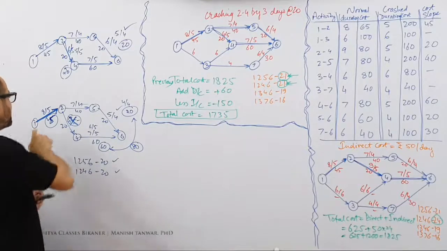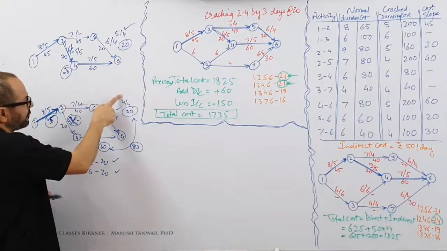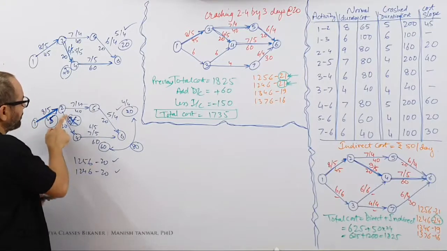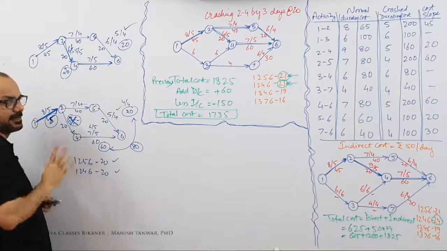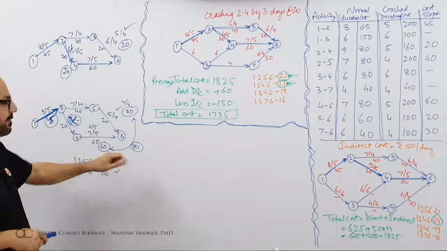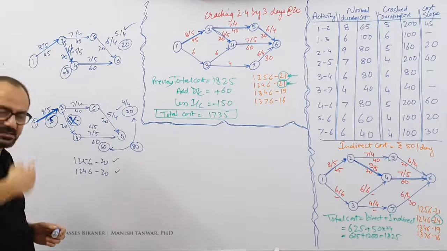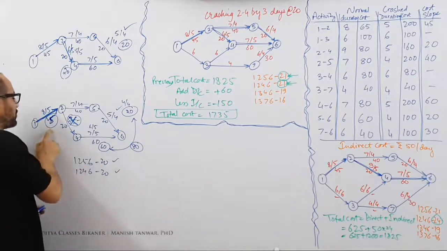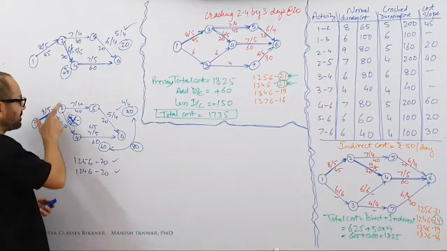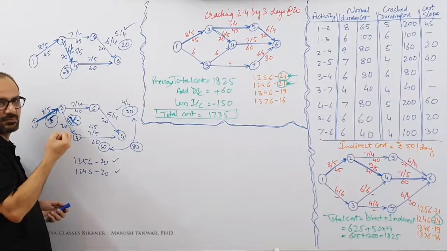If you make these adjustments, it becomes 8 and 7, 15, 15 and 4, 19. 8 and 5, 13, 13 and 6, 19. Everything is down to 19, but I have made a payment of 80 rupees. Instead of these 80 rupees, if I take this common area, this will bring both these paths down.